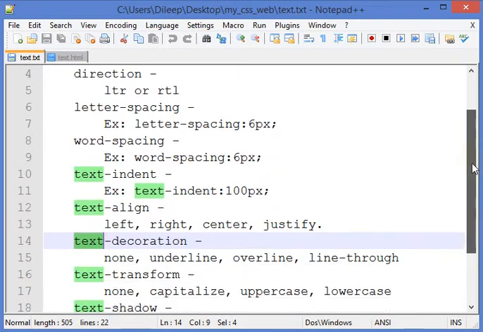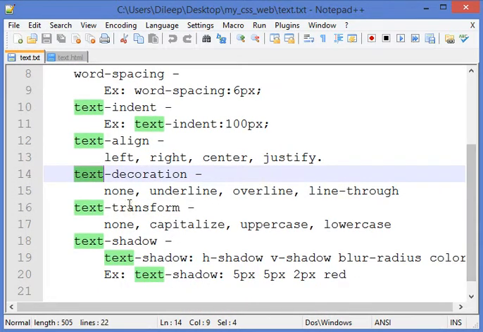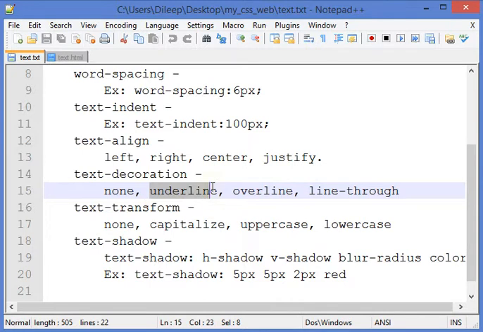The text decoration property is basically used to make our text underline, overline, or line through. We'll see in the example how these values will affect the look and feel of a text in our web page.